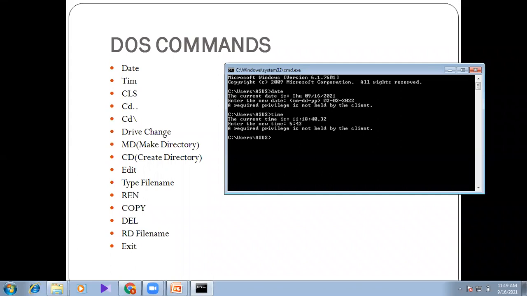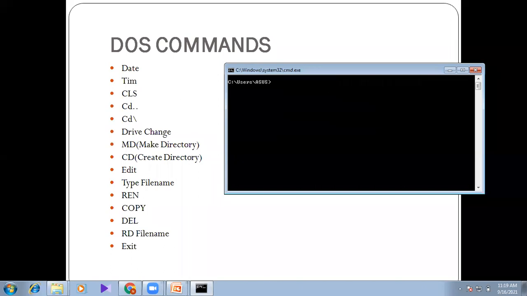Now comes the CLS, that is clear screen. CLS stands for clear screen. I will write here CLS. It will clear the screen. Whatsoever I write over the screen will get cleared out. Okay. Then comes the